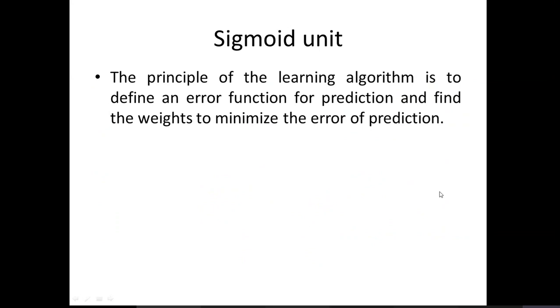So the principle of the learning algorithm. Now let's look at the learning algorithm of the sigmoid unit. The learning algorithm of the sigmoid unit has a different principle. If you look at the perceptron, you might have wondered, I'm not sure, but nobody has expressed any question on that. I have given you the learning rule. I haven't given you the foundation of the learning rule. Nobody asked me, sir, how do you prove that this is a correct learning law? How is it justified? Nobody has asked me, but it's good. Nobody asked me because it was an empirical, geometrically proved